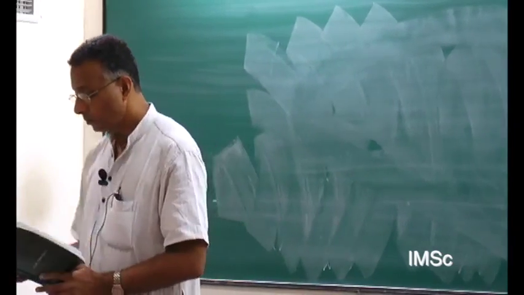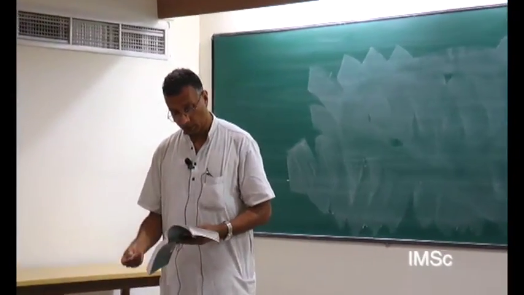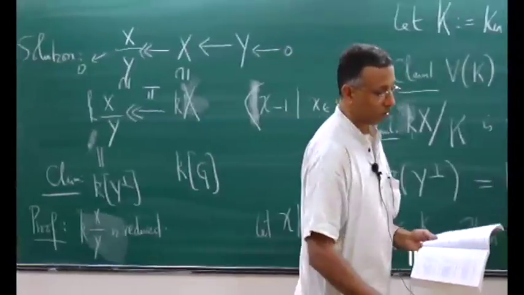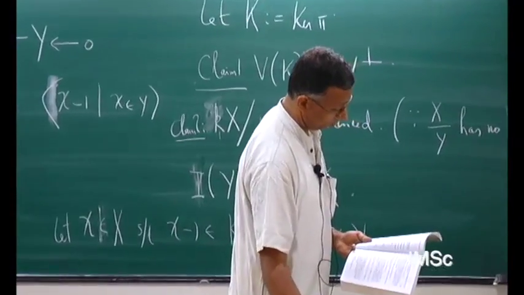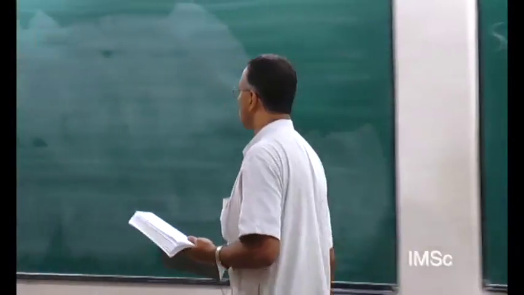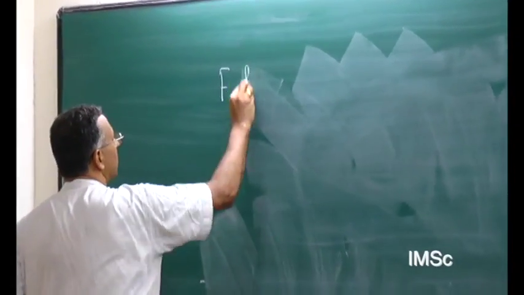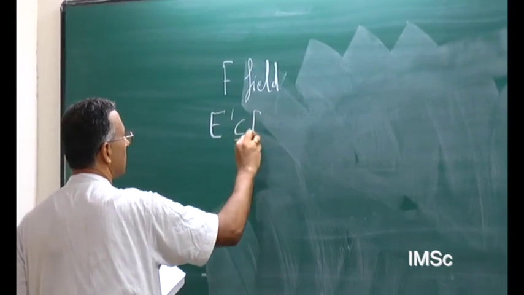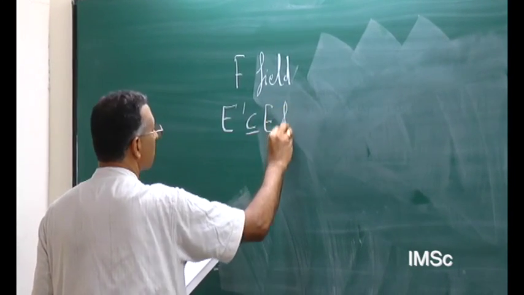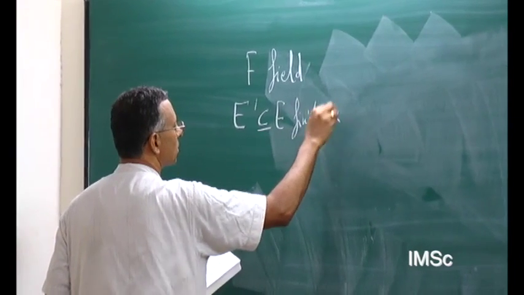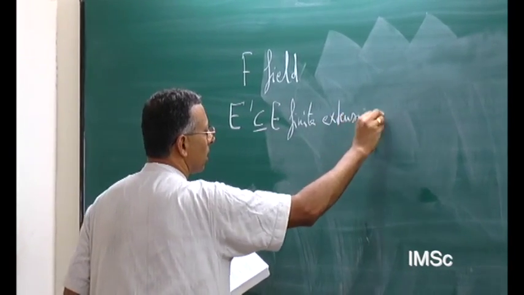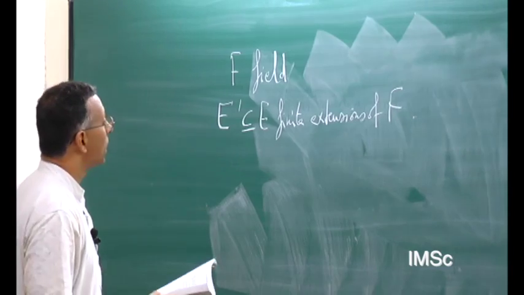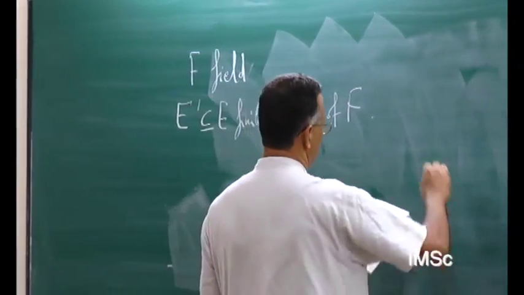Okay, where were we? We had F a field, E prime contained in E, finite extensions. It's not clear to me where the finiteness is needed yet, but let's put that. So then we have